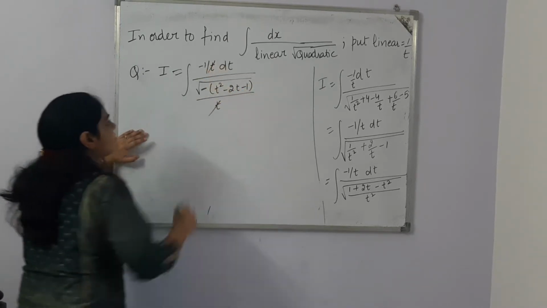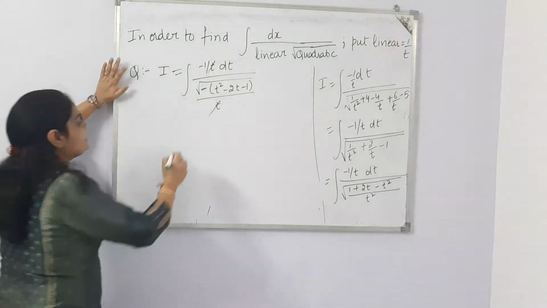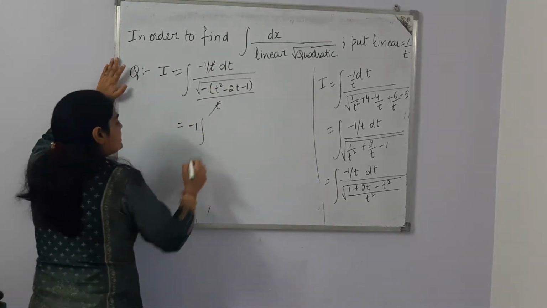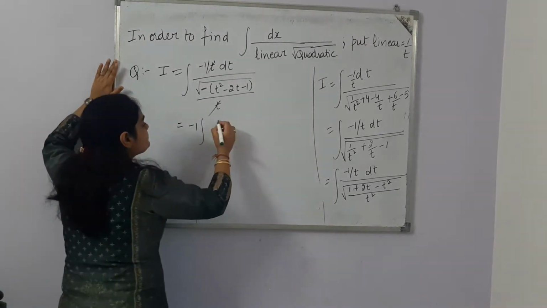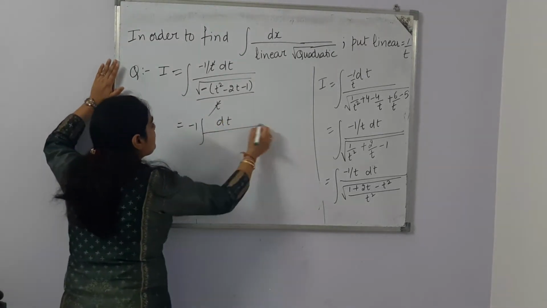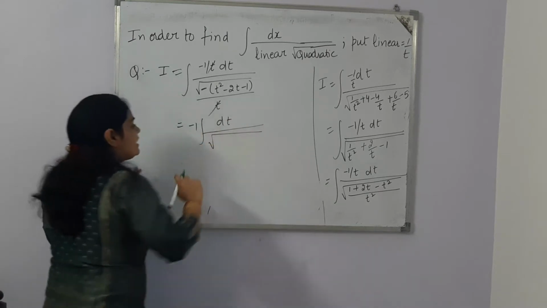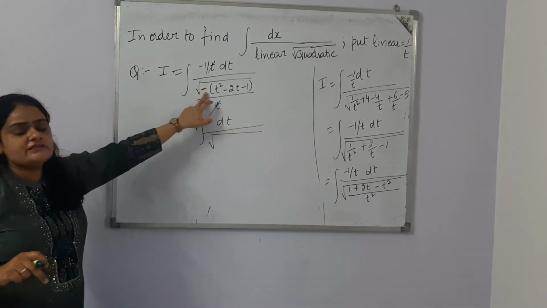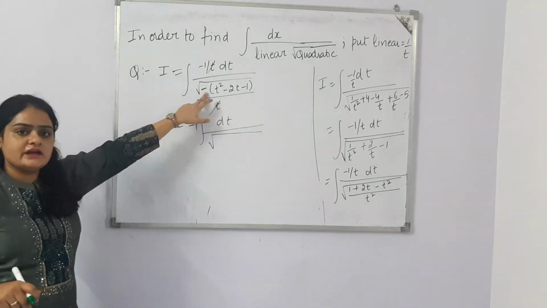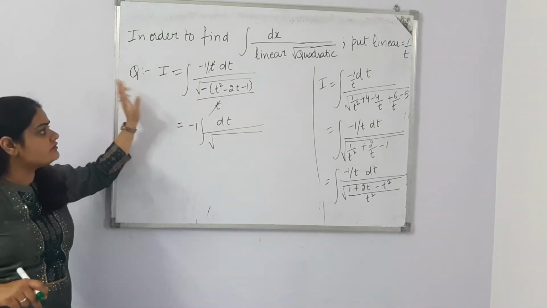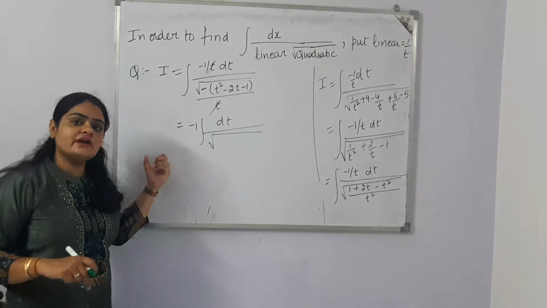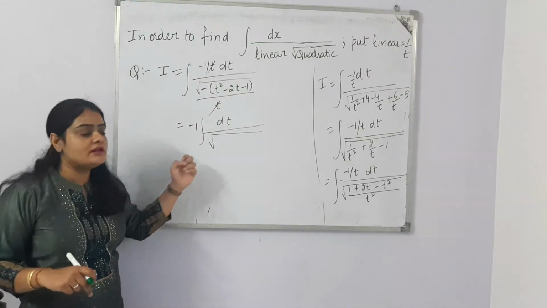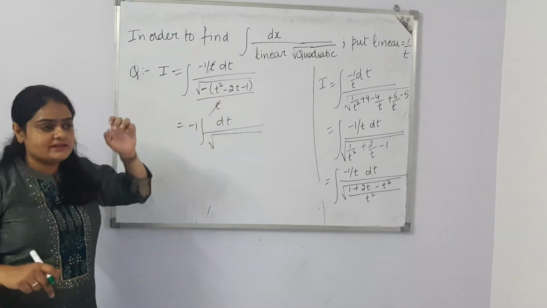So this t will cancel out with t, and this negative sign I am taking out because this is a constant. A constant I can take out. So dt whole upon under root, and inside the root there is a negative sign. I cannot take the negative sign outside just because of this root, because under root minus 1 is iota, but integration of iota, that means a complex number, is not possible. So we need to simplify this function.